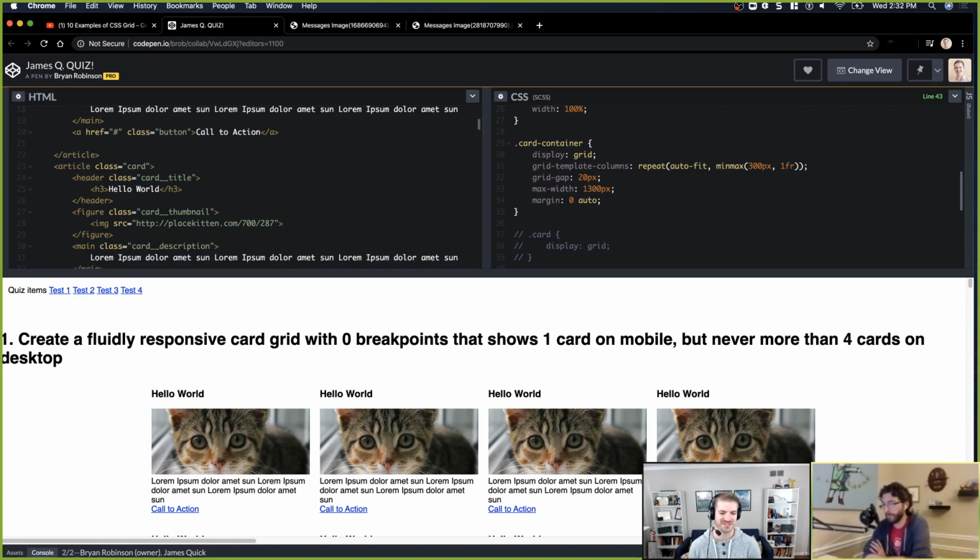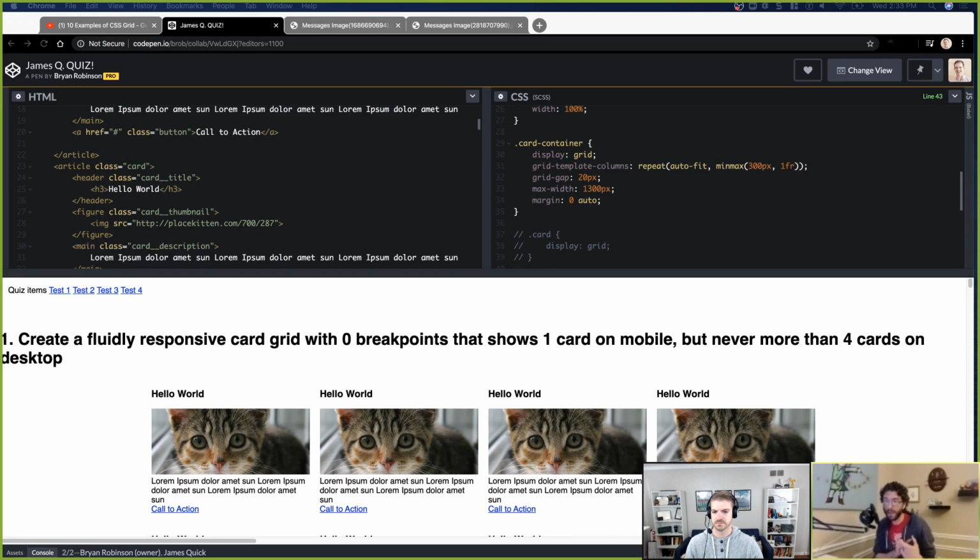Lori is saying, can't you force the typical number of items, then set your minimum width so it would scale down as you hit that? Not in the syntax of grid template columns with the repeat syntax. I'm not sure if that's what you're referring to, Laurie, but like minimum width per card. You could up the minimum size and make that work, but for extremely large sizes you could still have 5. And at small sizes, because that's a minimum size, if you said 400 pixels per card and you had a phone that was 320 pixels wide, your card would bleed out of the container at that point.